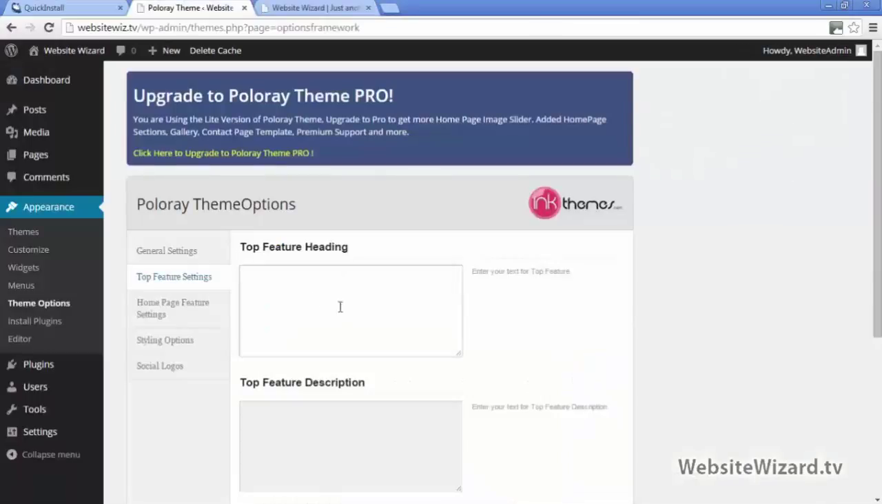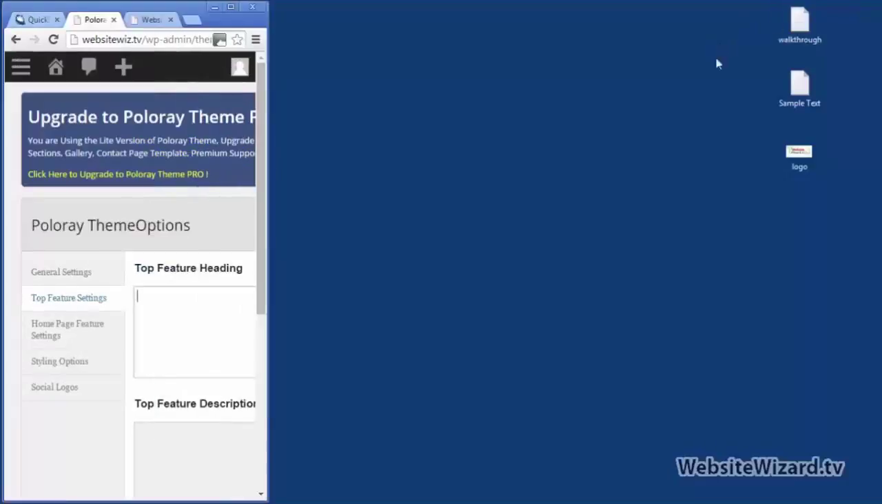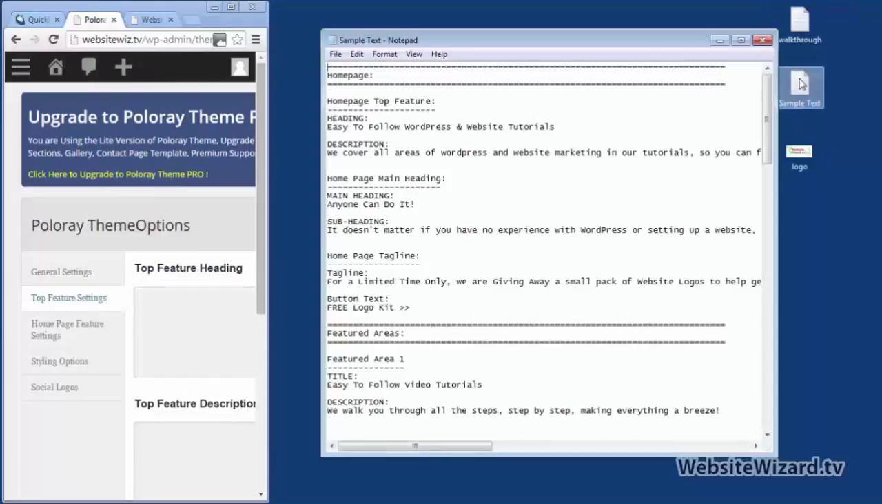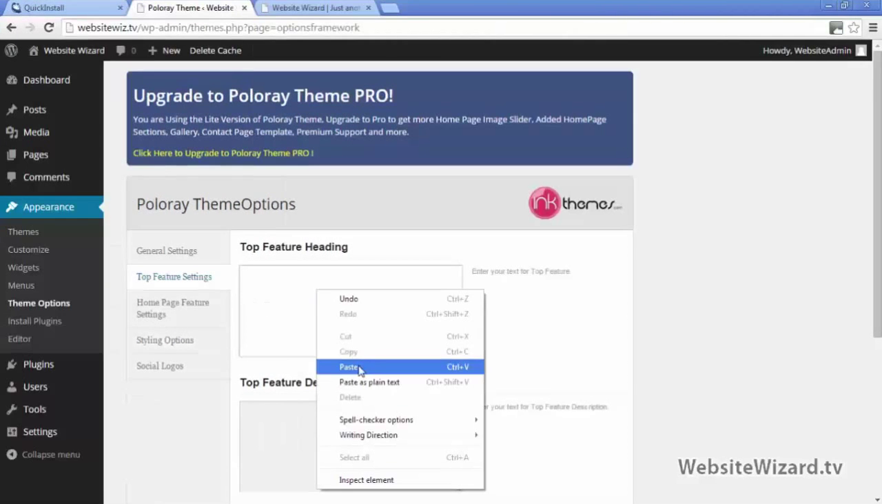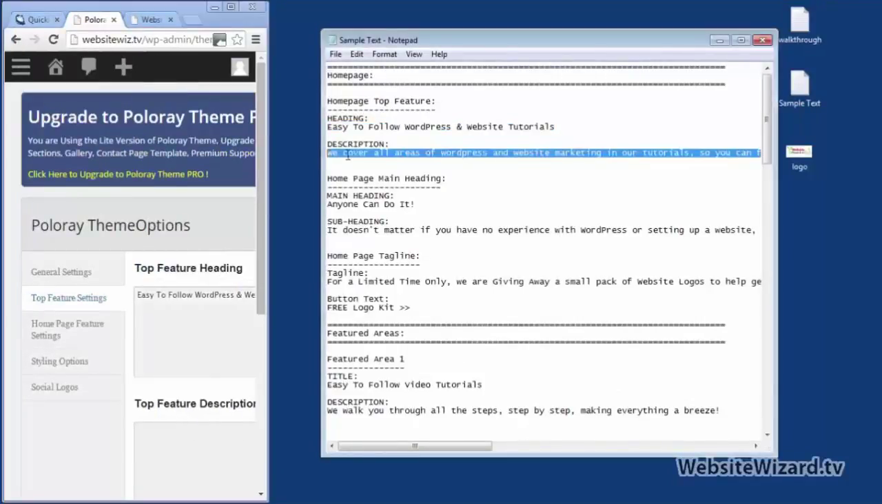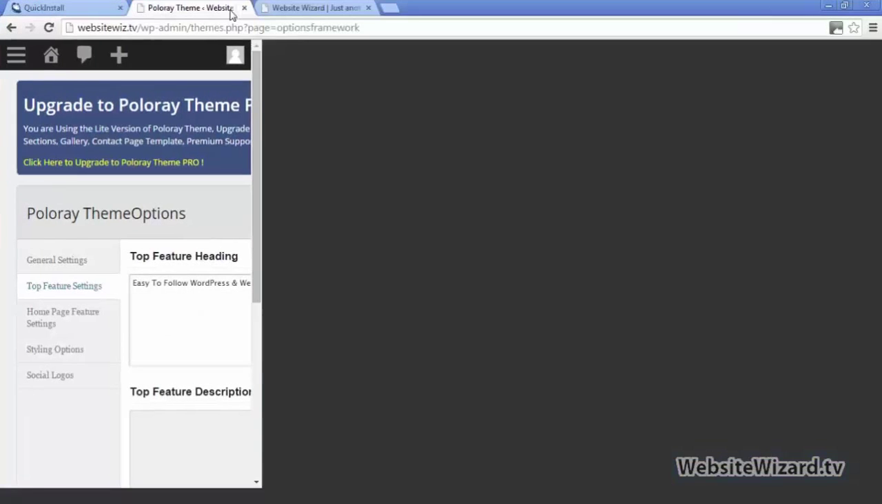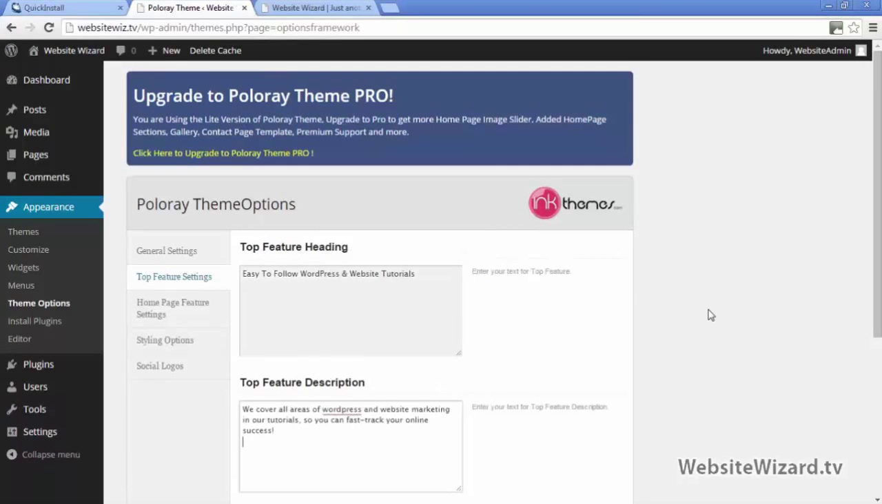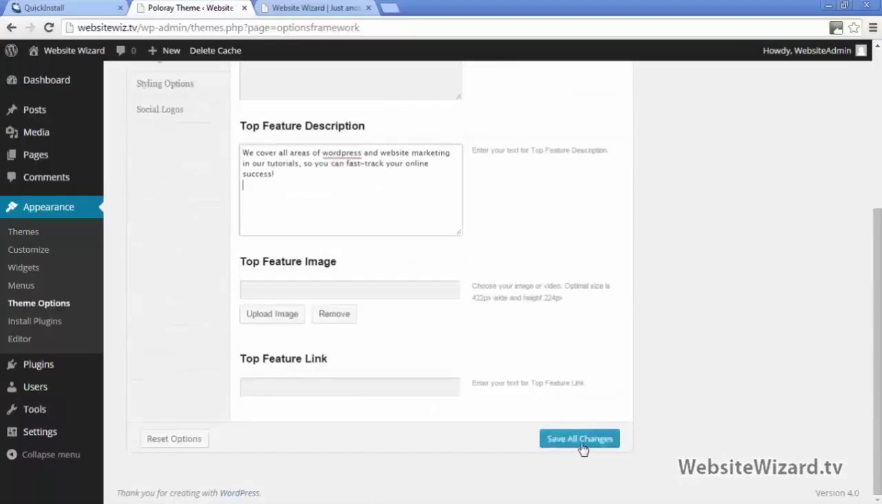So I've got this content pre-written in a notepad file just to help speed up the tutorial. So I'll go ahead and open that now. So this is my heading right here, so I'll copy that and paste that right here under top feature heading, and then I'll grab the description right here, copy that and paste that right here. So if I then scroll down and click to save all changes, and before I go back to the website,